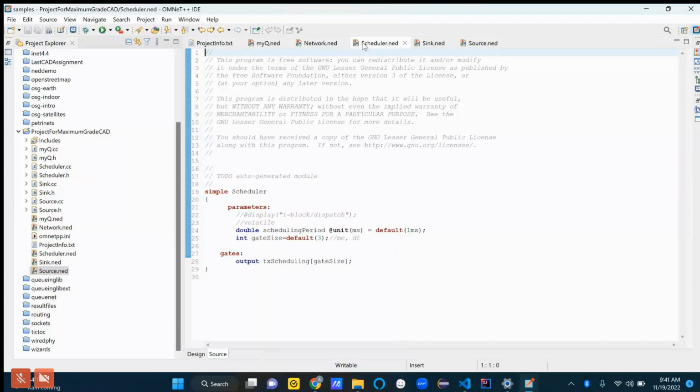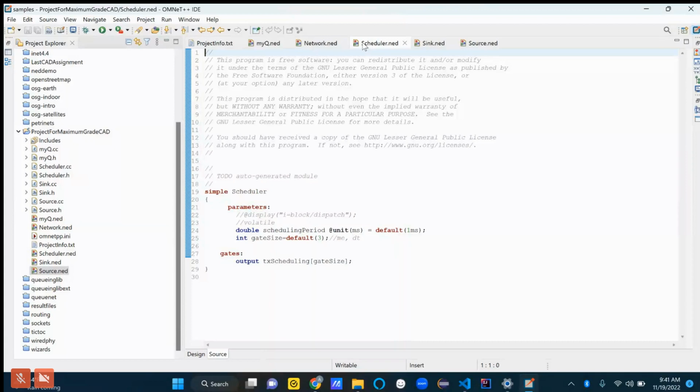But all we're saying here is the scheduler only has an output gate, right? Or many output gates. It has gate size many output gates, and gate size is something that we can probably define as a parameter, but it makes sense to just have it as 3 because essentially we're thinking there's one gate for each low, medium, high priority thing.